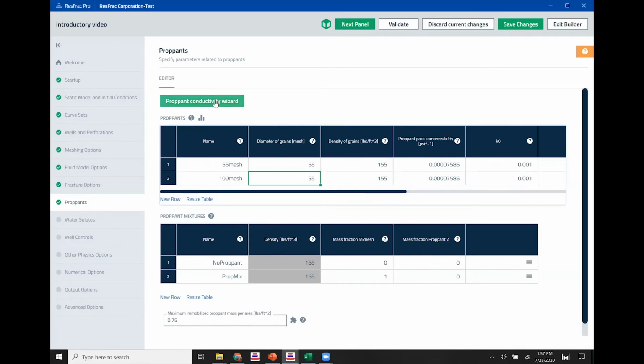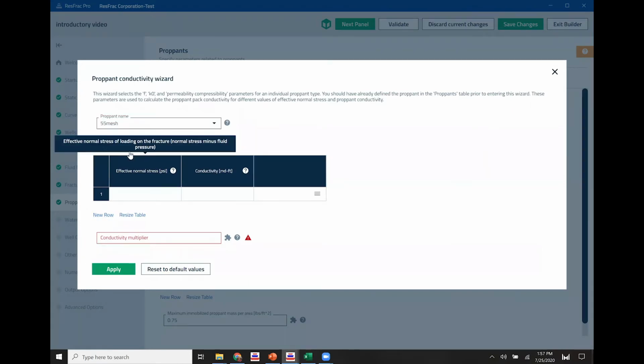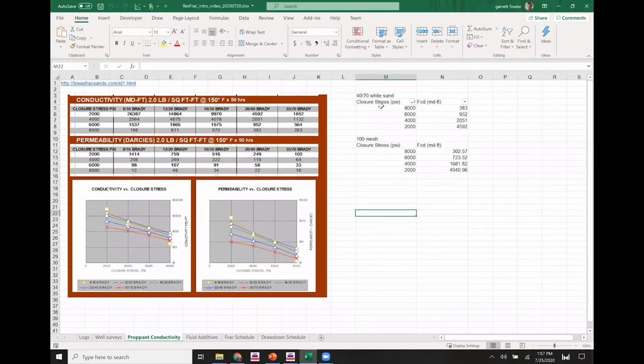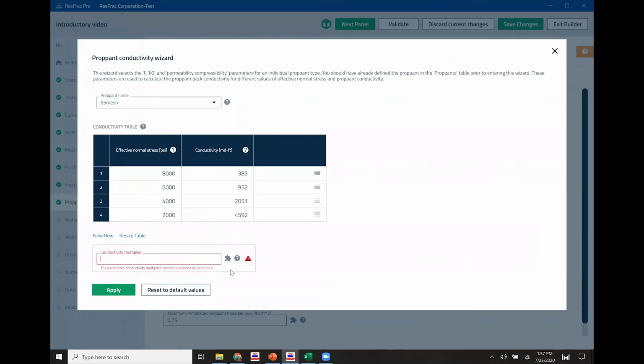as well. Now there is a proppant conductivity wizard where I can choose a proppant, so 55 mesh, which is my 4070. And then I can input a conductivity versus normal stress table to calculate my proppant parameters. So here's my closure stress and my proppant conductivity. I will paste that into my wizard table.